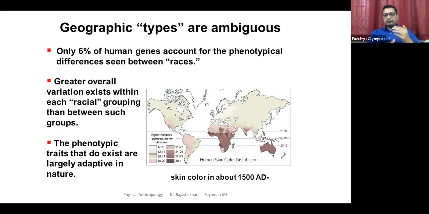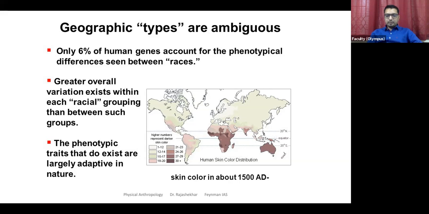Right? So there are more differences within us, within a given region, than between the people living in different regions. So between races. Is it helping you? In what context are we looking at? That is why I gave the analogy of a classroom. You have enough differences. Like, look at the height of people in your class. Let's say 10th standard. You will find people of varied heights within the 10th class itself.